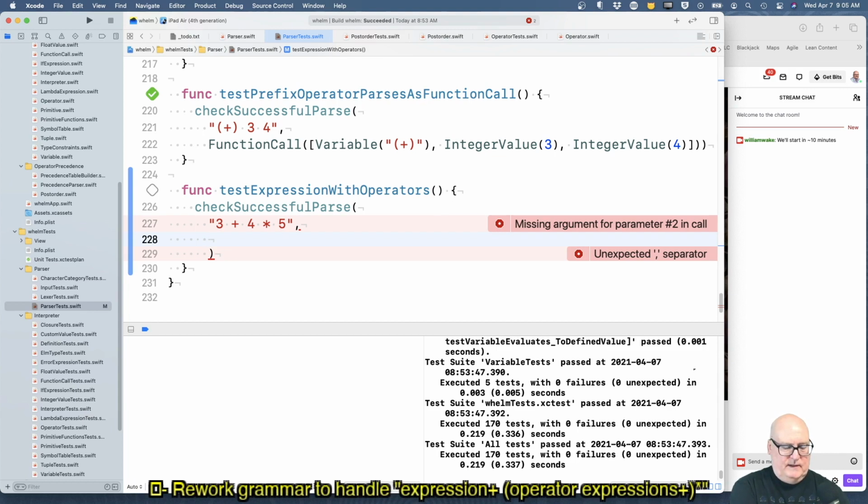Well, if we had the little parser we've been working on, this operator precedence parser plugged in, what we would get back would be a tree that's like the plus tree with a 3 on the left and a product tree on the right with 4 and 5 as its arguments. And that would be fine, but that feels like a big step. Maybe we can overload this function call. I think for now.